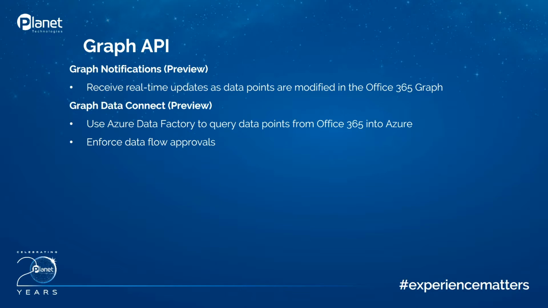So we use the Graph API on a regular basis here as developers. And there were some updates that are both in preview that were kind of exciting. One is Graph Connect, and that is a data access service that was highlighted at Ignite, and it's designed to take advantage of configured Azure Data Factory pipelines that adhere to your organizational governance policies. And then, upon consent, the data is actually pushed down to an Azure storage account. And that storage account can be Azure Data Lake Gen 1, Gen 2, or Azure Blob Storage at the moment.